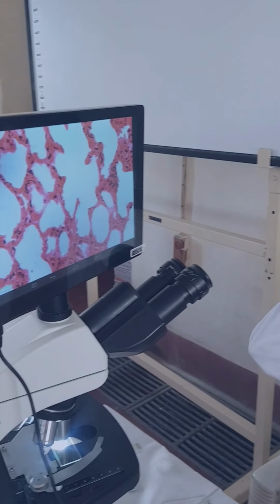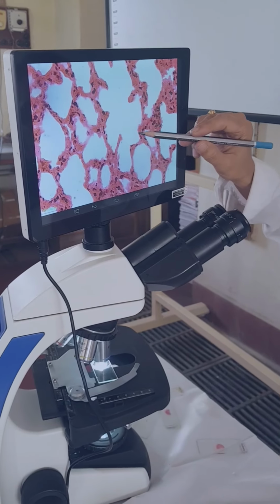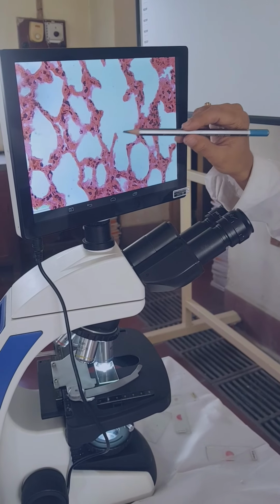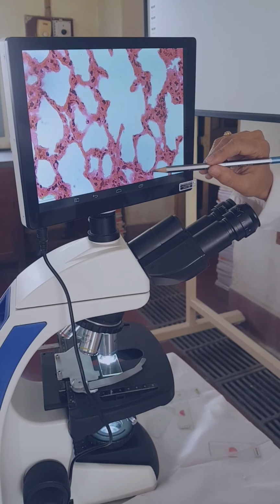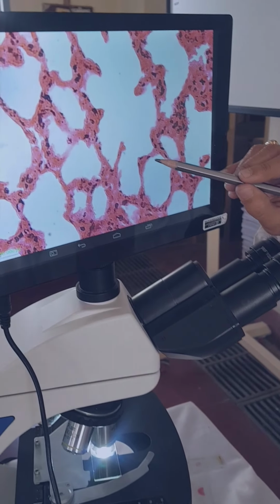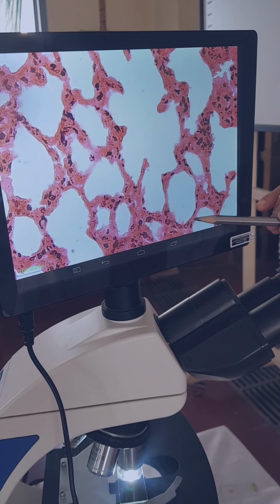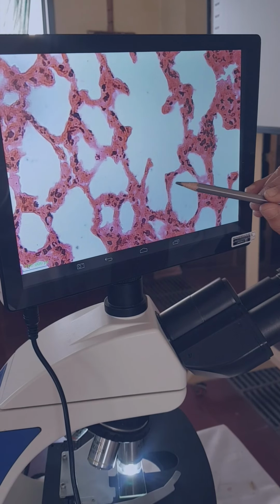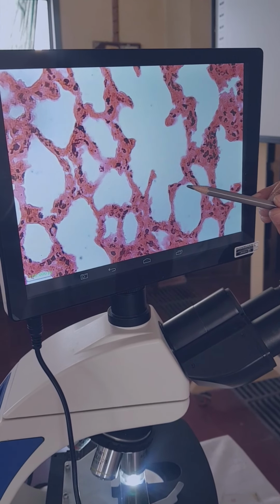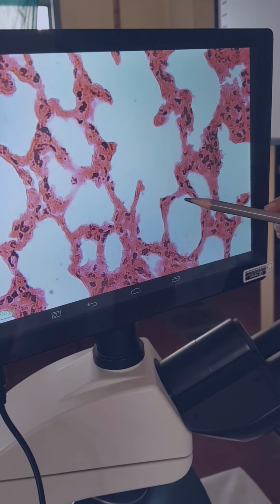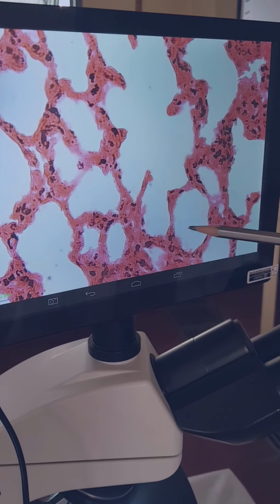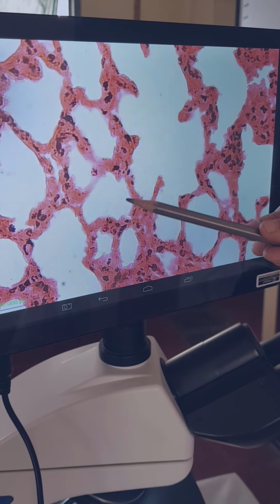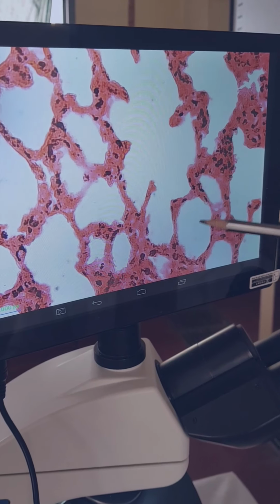The first type we will see is the simple squamous epithelium. This is the slide of lung. Alveoli are seen. These are the lung alveoli lined by simple squamous epithelium. See, this is each cell, simple squamous epithelium. Cells are flattened. This dark color is the nuclei, which is flattened and forms a bulging of the cell over the surface. These are all alveoli which are lined by the simple squamous lining.